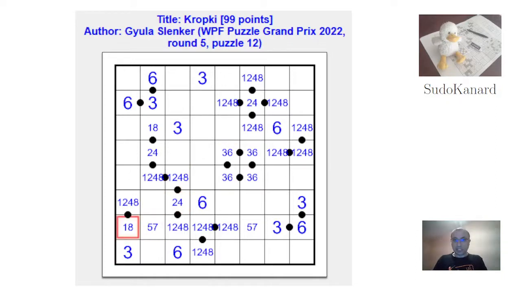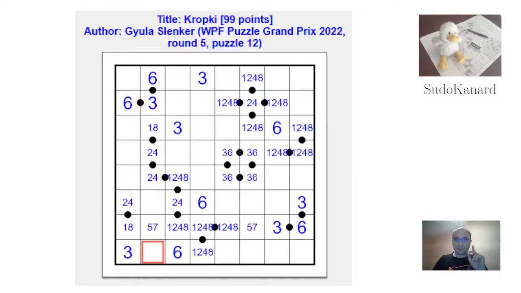And the interesting part is that 1 or 8 can't be next to a 1 or 8 with a black dot. So here we have either 1, 2, 4 or 8, 4, 2. So this is 2 or 4. This could be any of those digits. I think that's it, but now